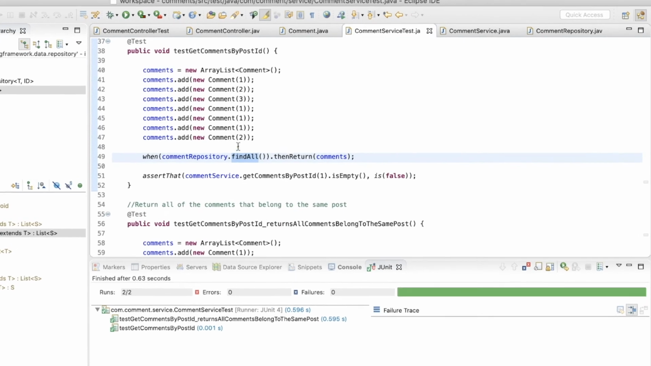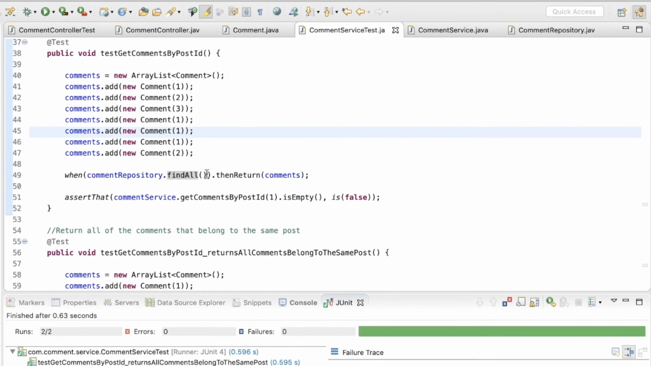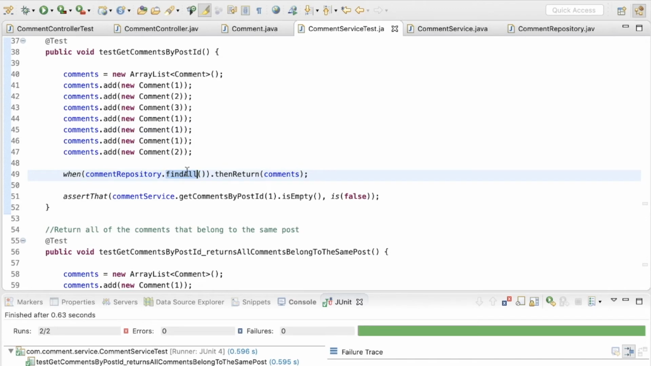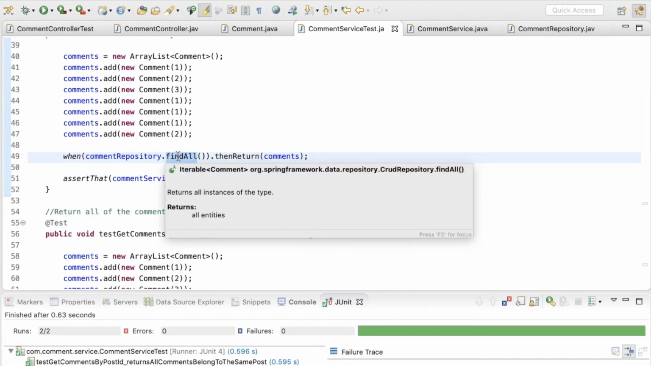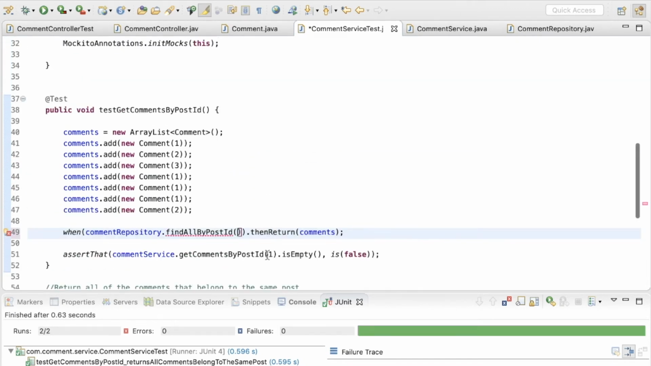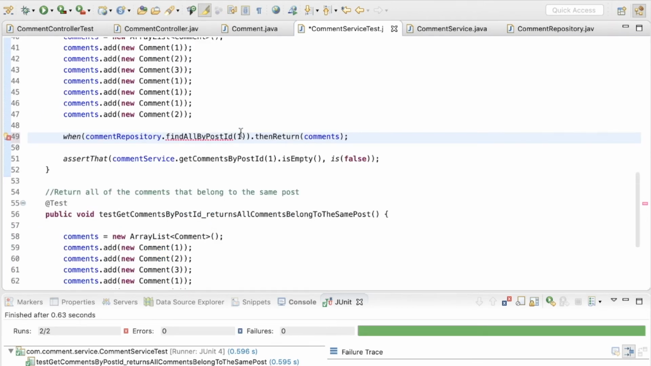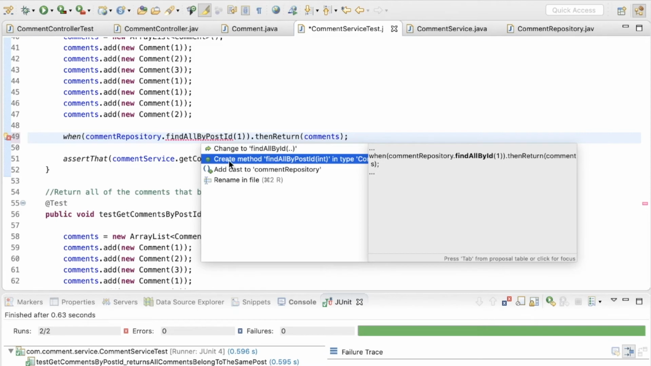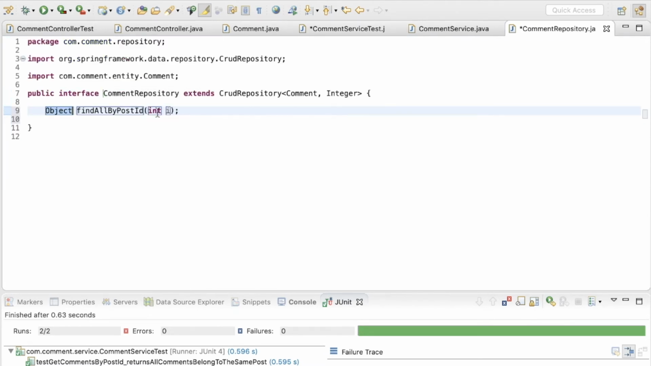So back to the comment service test. What I'm going to do here is, instead of using the find all method, I'm going to use findAllByPostID, and I'm going to pass in a post ID. In this case it's 1, so I'll provide 1 here as well. Now we haven't added this method to our interface yet, so I'll quickly add that one. So create a method,